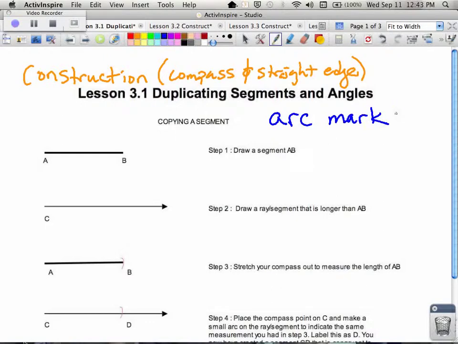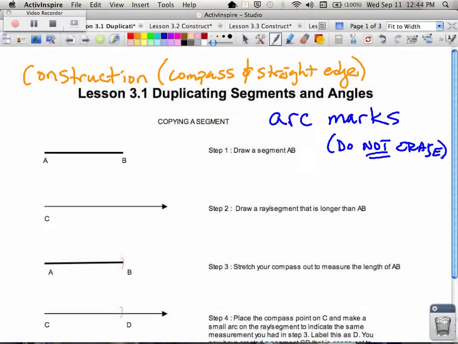And it's very important on your quizzes and tests that you do not erase these. If you do, I am not going to be able to give you credit on your tests or quizzes. So do not erase your arc marks. The first thing that we're going to talk about in section 3.1 is something called copying